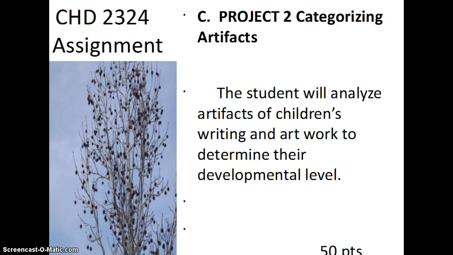In the next project, Project 2, we zero in on children's writing and artistic development. Some of you will be very surprised to discover how closely they are aligned. You will need some children to draw and write for you for this assignment. You will then analyze their works and relate it to their developmental level. Most students find this assignment very enlightening.